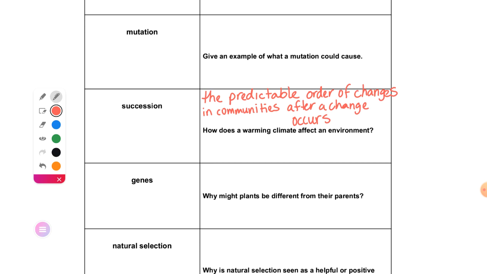Once the water dries up, the plants will dry up, and then the herbivores, the life cycle, the food chain just keeps going on, and once that population doesn't have enough water to keep going, the population just...